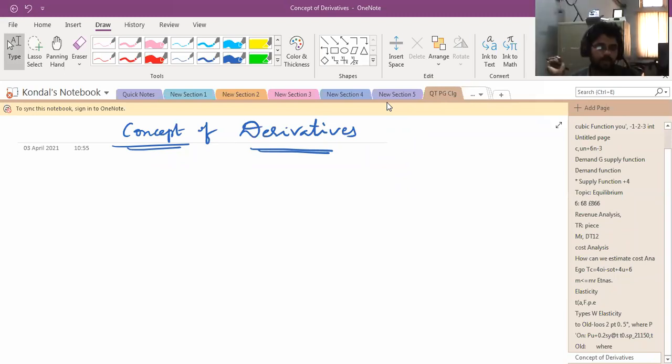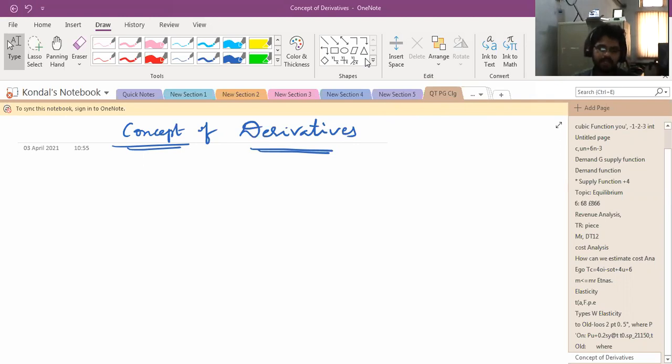Yeah, a little bit. But see, in mathematics, the derivative is a way to represent the rate of change. Rate of change is the amount by which a function is changing at one given point. Simple. The derivative is nothing but the rate of change: the rate of change in y due to change in x.